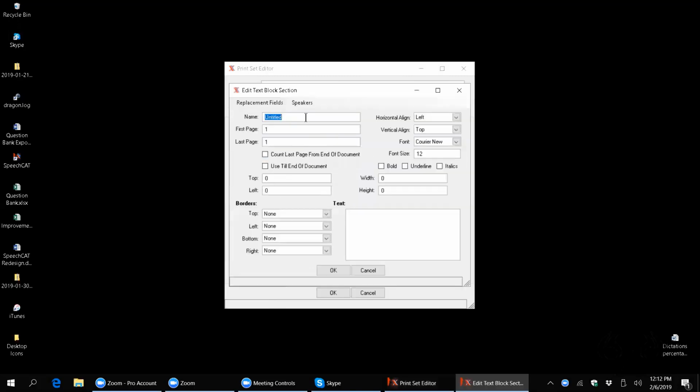And let's say that I want this to be the footer. And I want this to start on page 2 and go to the end of the document. And I'm going to want it to be 11 inches from the top and say 3 inches from the left. I want it to start. I want the width to be 4 inches and the height to be 0.5. And in my text, I just wanted to say,